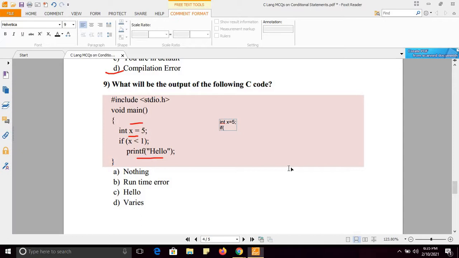If x less than 1, only the semicolon will be executed. Fine, and then there is a statement. Which statement? The printf statement. So what will be the output?